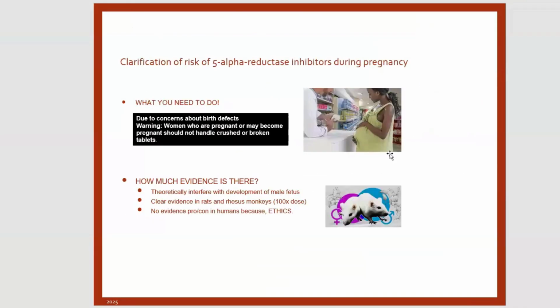And with the 5-alpha reductase inhibitors, there's not a ton of actual evidence of how likely it is that women who are pregnant will have birth defects, but they're just not risking it. And you're not going to do human studies anyway. That would be a bad human study. Here, you're pregnant. Let's give you a placebo or dutasteride. We don't live in the 70s anymore.